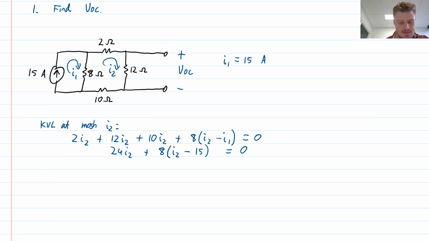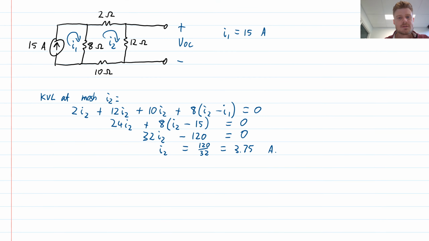To calculate this, the 24 plus 8 is going to give me 32 times I2, and then 8 times 15 is 120, so that would be minus 120 is equal to 0. So I2 is going to be 120 divided by 32, so 120 divided by 32 is 3.75